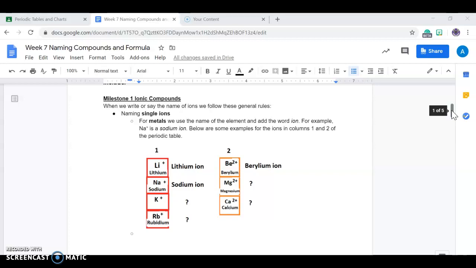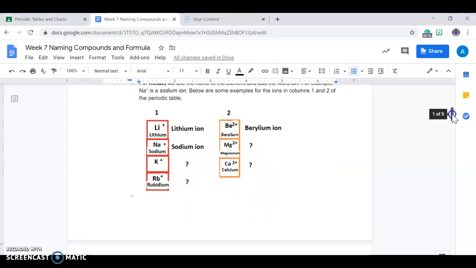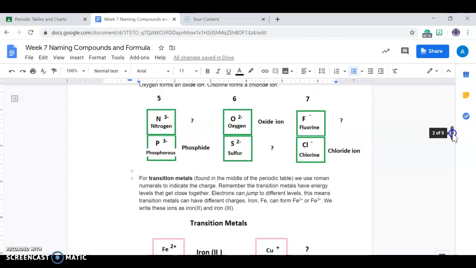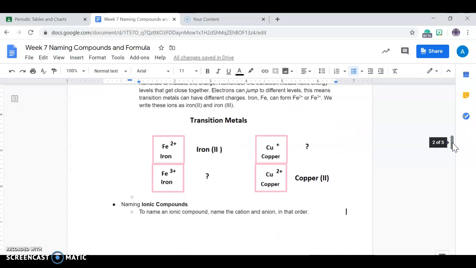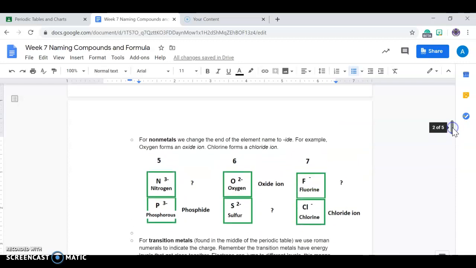So naming ionic compounds, if you can remember what we did during third quarter for ions, should be pretty straightforward, right? You need to remember that metals form a certain type of ion called a cation, and you need to remember how to find the charge of cations. And then you also need to remember that nonmetals are going to form anions, and they're going to have a certain charge. We're going to throw transition metals into it, but that just builds off of cations. Okay, so remember